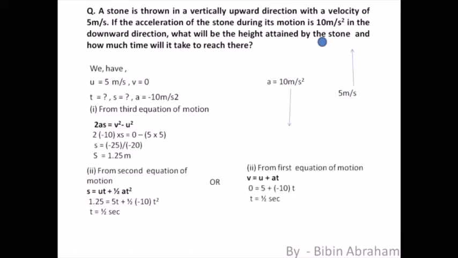Or you can do it from Newton's first equation. It's very easy. You don't have to solve any quadratic equation. Here v is equal to 0, u is 5, a is given as minus 10, time is t, and simply your time comes out to be half second. Very simple. You can solve it either way, whichever way you want. From the second equation, you have to solve this quadratic equation, which looks a little bit complicated, but from the first equation it's very easily solved, right?